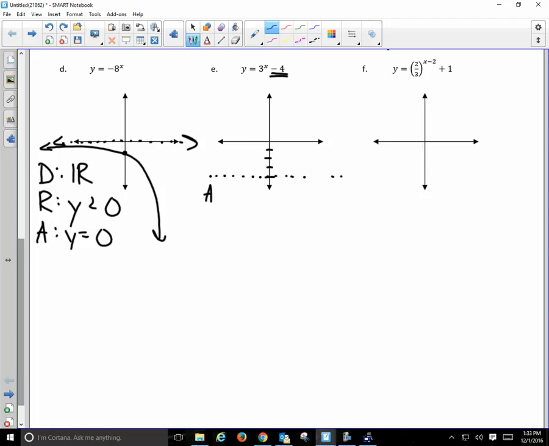So we have our asymptote of y is equal to negative 4. Now, it used to pass through 0, 1. Brodin said that it's going to pass through 0, negative 3, because it shifted down 4 units. I think that's an excellent thought, and I would agree with him. There's no negative, so it's not going to flip vertically or horizontally. And so, again, I have a domain of all real numbers, and I have a range of